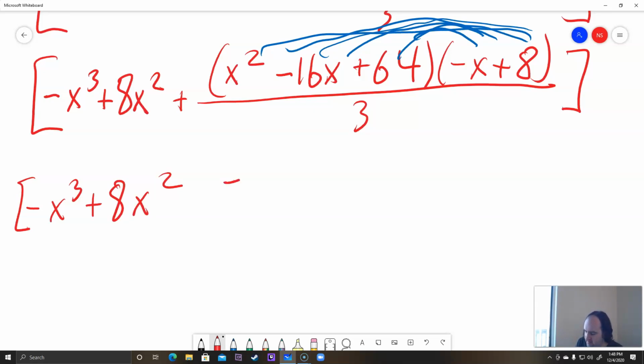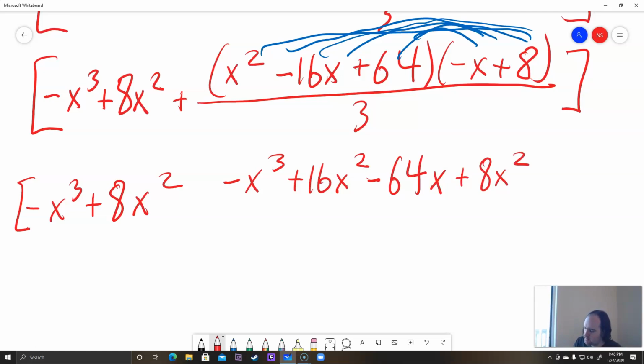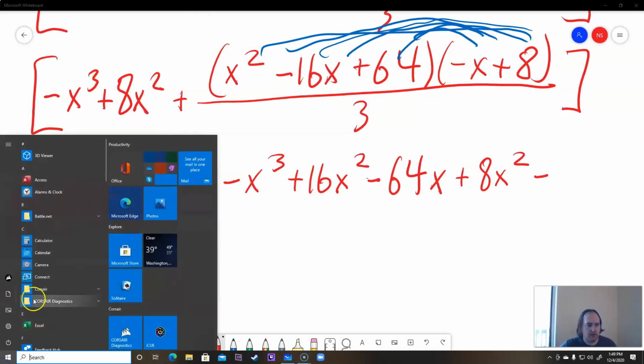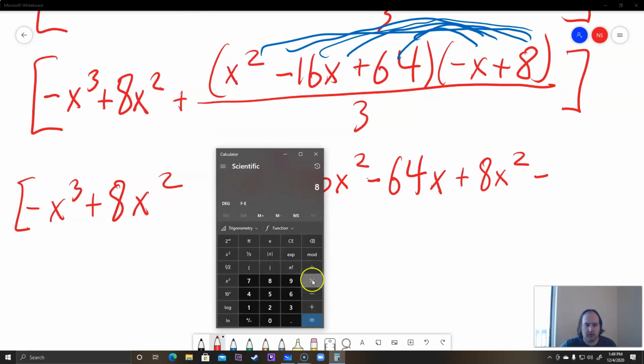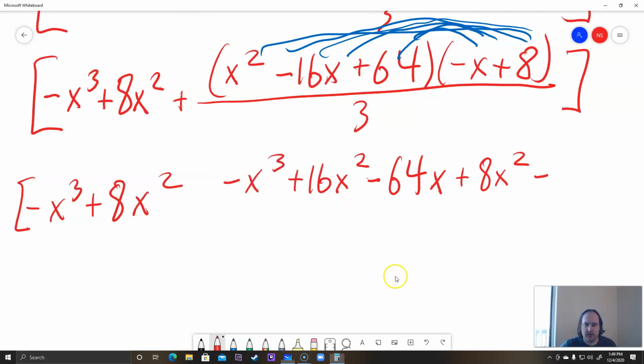So we're going to have a negative x cubed, and then a positive 16x squared, and then a negative 64x. Okay, and then we're going to have plus 8x squared minus 8 times 16. I don't remember what that is, so I'm just going to use a calculator. So 8 times 16 is 128. Okay, so we have minus 128x